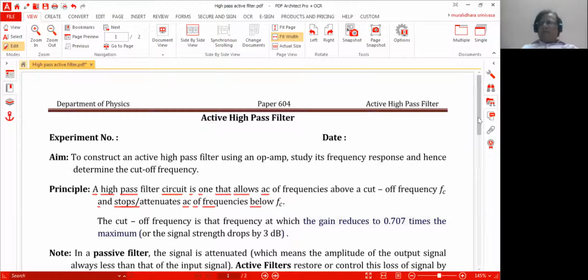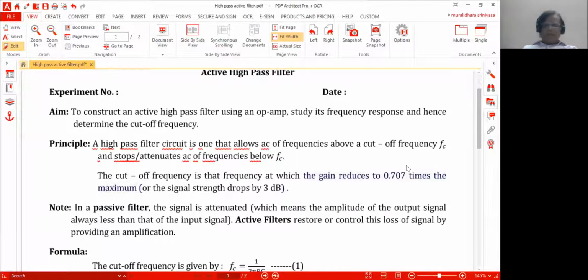So if you look at the experiment, usually in a high pass filter, you use an RC circuit. The input will always be higher than the output, ordinarily, if you don't use an op amp. The advantage of using an op amp will be that you will also have some prefixed gain for the pass band. What is the pass band? The band of frequencies that are allowed to go through the filter circuit to the output. Okay. So these are some of the essential ideas.